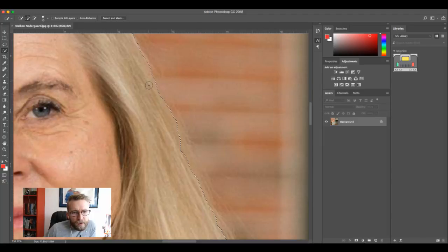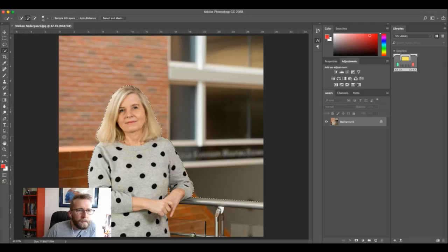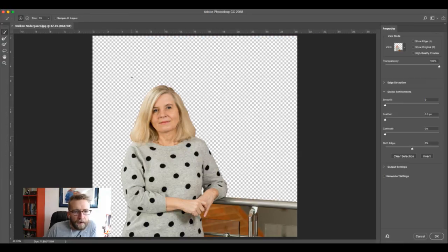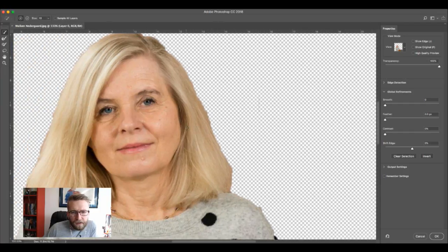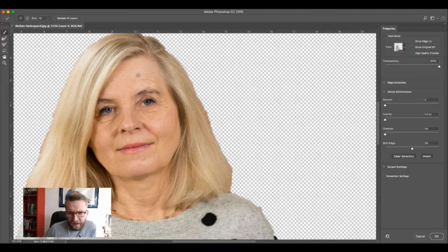Gotta have a nice smooth transition. Don't want it to look like it's just sort of cut out. I want it to look natural. That's not bad. Yeah, much better. And then what we're gonna do is... Okay, sorry. Perfect. Now we're going to smooth out these edges, because as you can see, it's really just jagged, like along